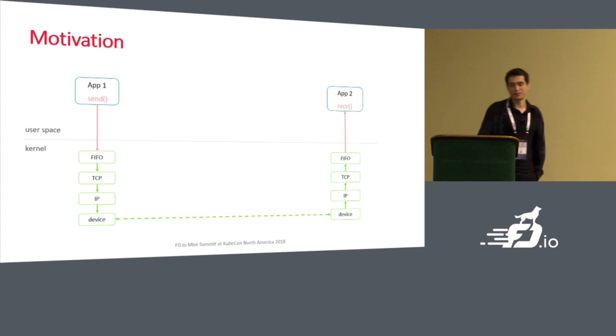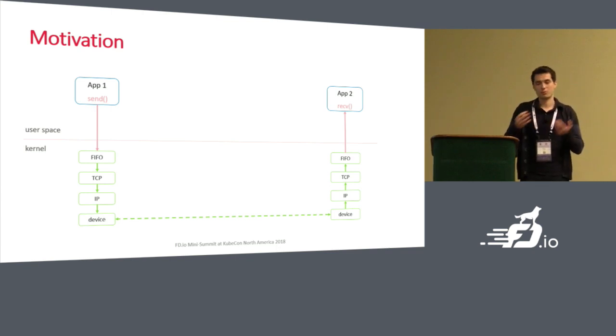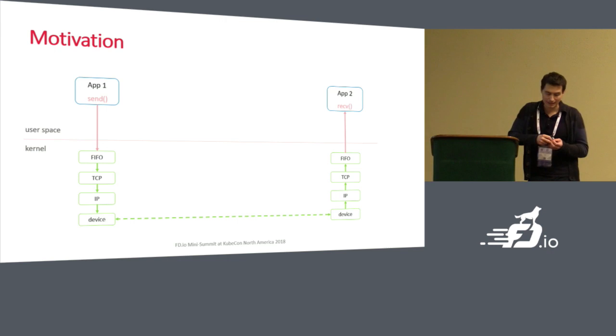Why yet another user space stack? Aren't there enough of them? So whenever I hear this question, I actually think it's a twofold question. First of all, why not use some other user space host stacks? And the reason for us when we started work was we wanted this to be highly coupled, well-optimized for VPP. And at that time, we didn't find any other stack that fit the bill from our perspective.